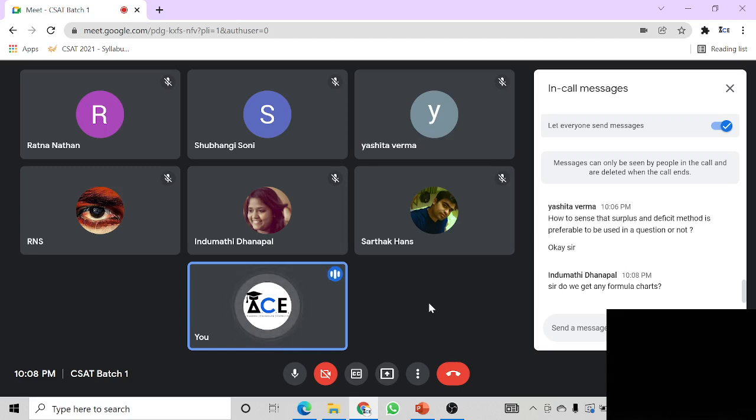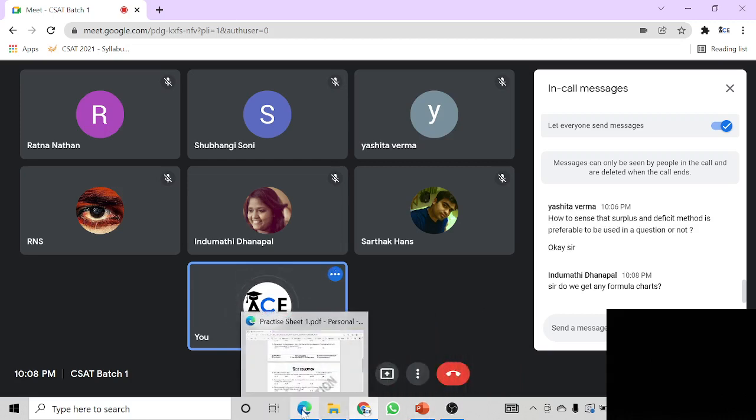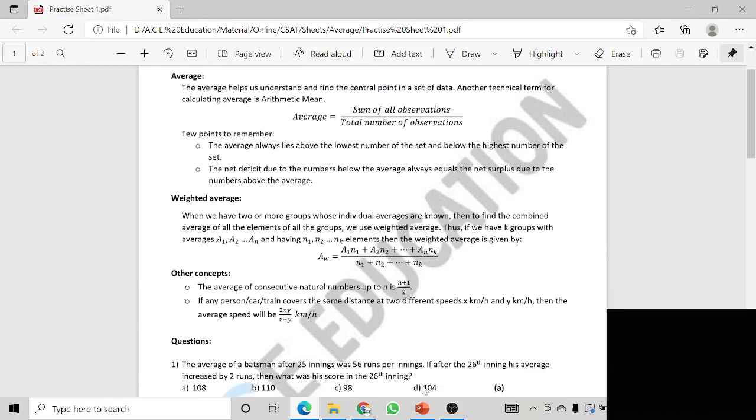So see, it depends chapter to chapter, Indumati. The sheet that I had shown you today had some formulas and the concepts that we discussed in class. So some of my sheets,